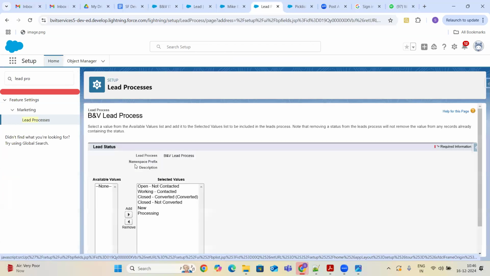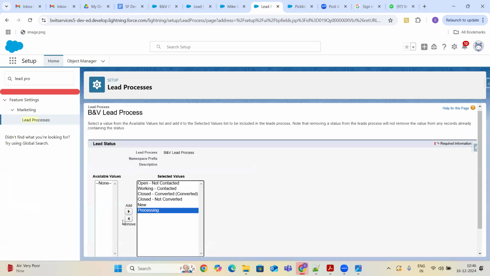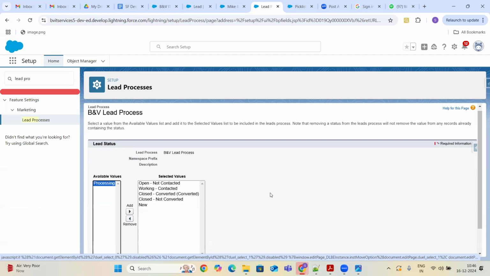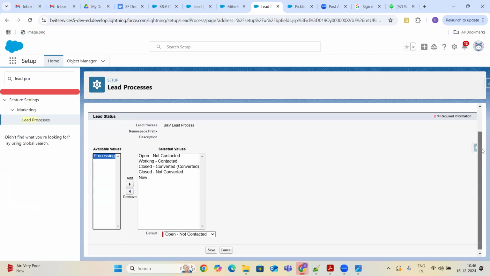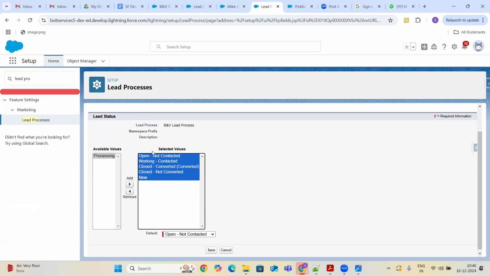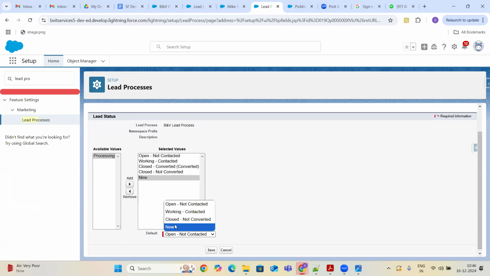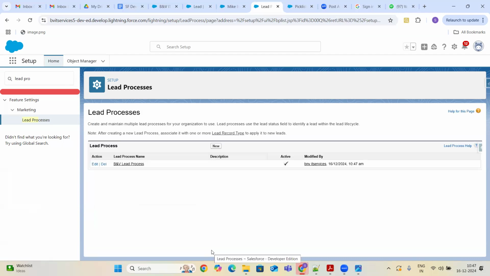I'm going to click on that particular lead process, and here I'm taking off processing because I would like to see only 5 values: new, closed converted, open, open contacted. And the default value is going to be new. As soon as any lead is created using this lead process, we are going to make the default value new.